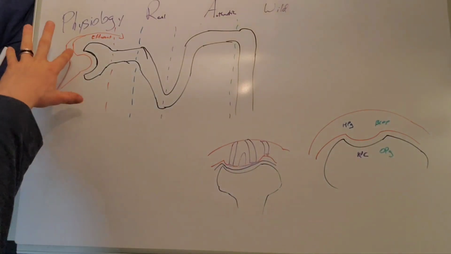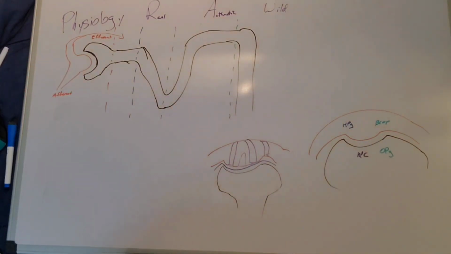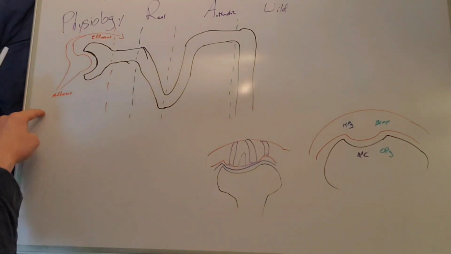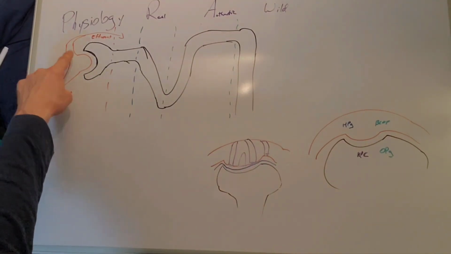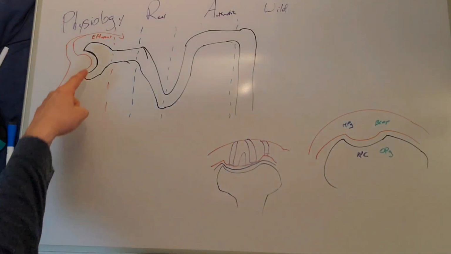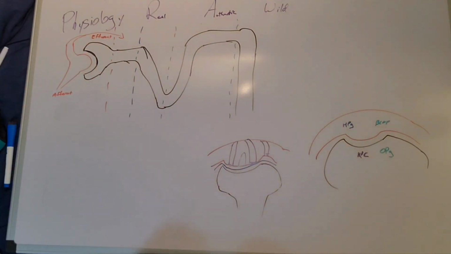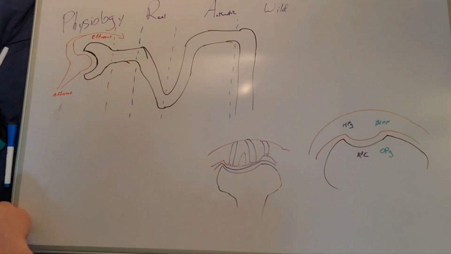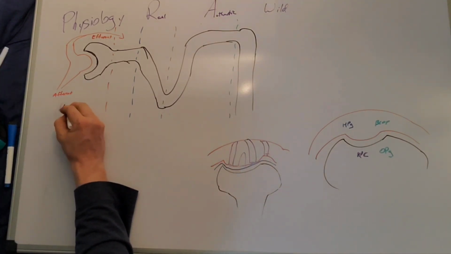So here I drew the glomerulus. The afferent arteriole will come in and form a capillary bed that's right up next to, or inside, I guess, of the Bowman's capsule. And right here, a lot of things are going to be pulled from the blood into the fluid in the capsule. So this includes water, various ions,